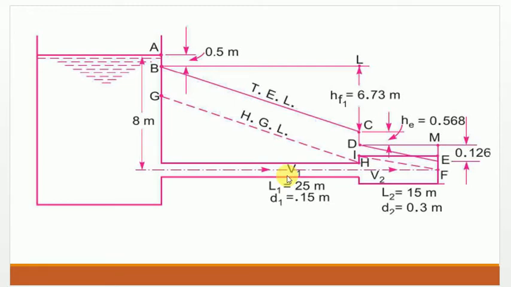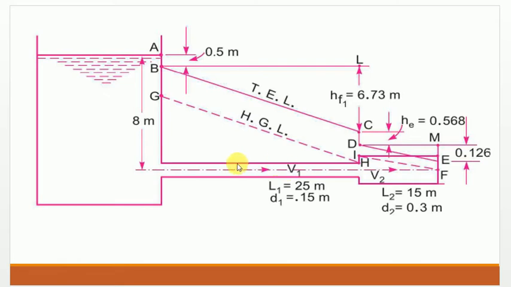So hi guys, here let's discuss a problem on total energy line and the hydraulic gradient line. We have discussed the theory part in an earlier lecture, so here we'll discuss a sample problem. As I said, it's a graphical representation to find the amount of energy present at any given point of